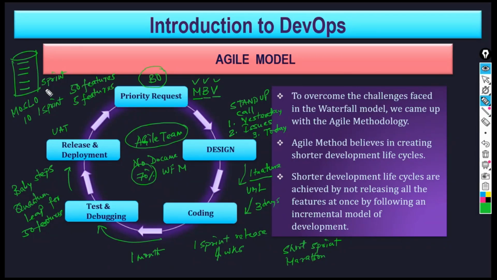See, when you have delivered the 5 features, because the business owner has unit tested all the 5 features, it is happy. The next bucket will be designed out of the remaining 45, the 10 most valuable business value features will be picked up. So you have delivered 5, now you are working on 10, then you will pick up maybe another 10. That way it will go on. Is that clear? Any doubt?